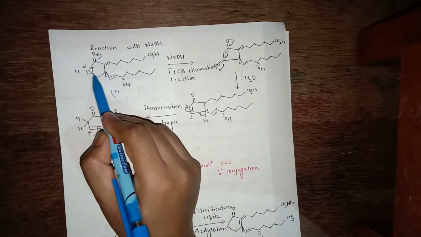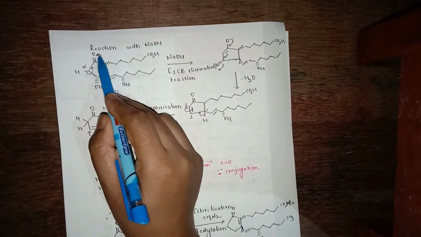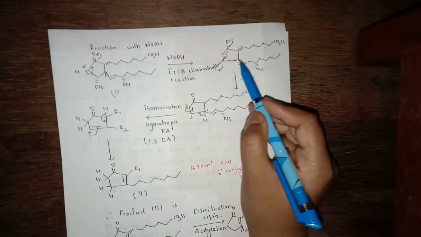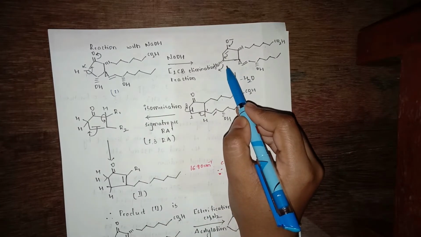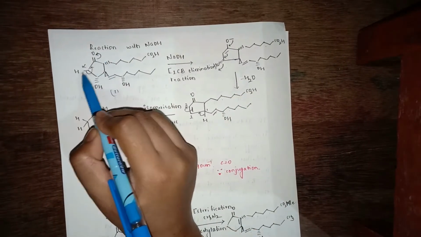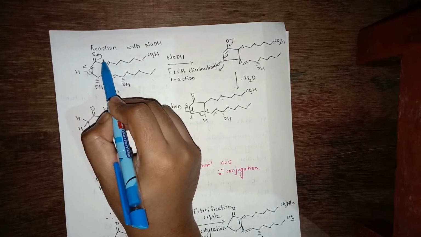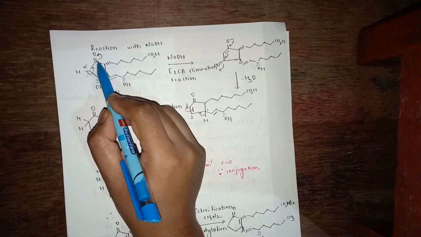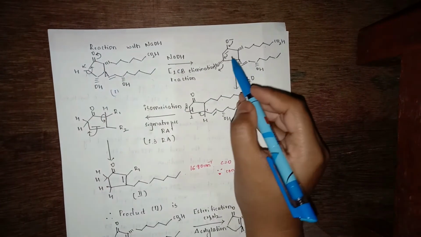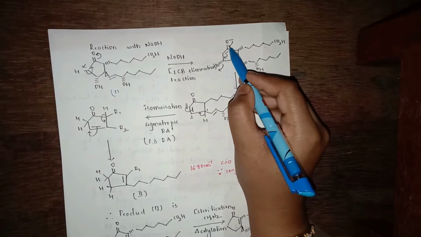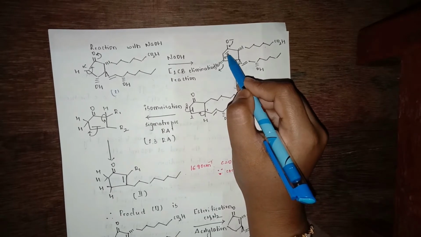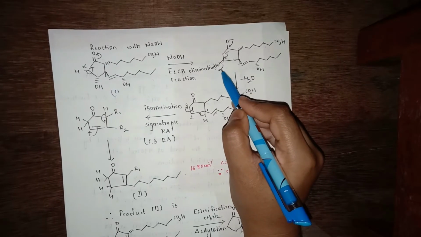Further, in the abstraction, the carbonyl carbon gets conjugated. That means there is a movement of the electrons. In turn, when I say that an E1CB reaction is taking place, I can easily look into there is a movement of electrons once the alpha proton is abstracted, and then I can see that the electrons are moving towards oxygen over here. Now when this happens, after the movement of the electrons, they have to come back to the carbonyl carbon. In turn, the double bond system also moves and the OH is removed.